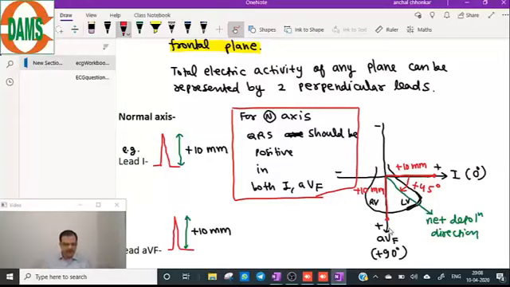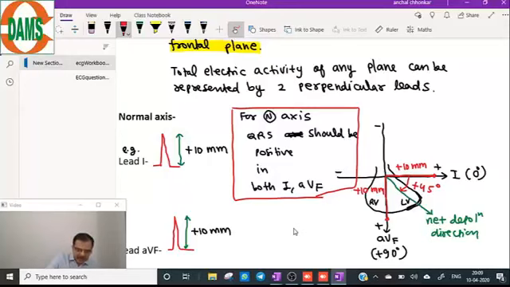Now tell me, where to find the ECG questions? We will do the ECG questions at the end of the ECG classes. We'll take clinical scenarios and I will tell you how to solve those ECG questions. That will be once we finish with the ECG. Now coming to the conceptual aspect, no need to write, just understand the basic concept of this net depolarization direction. I have taken +10 and +10 as an example.